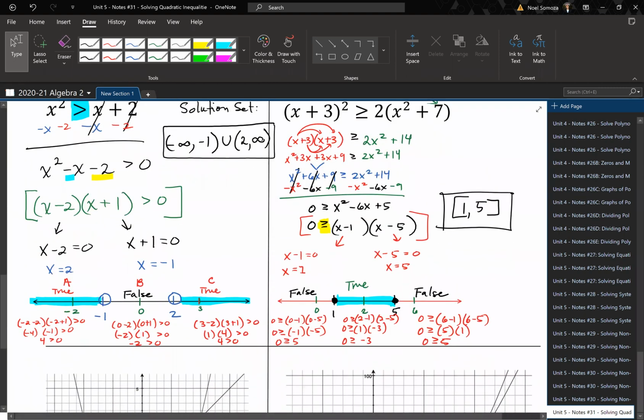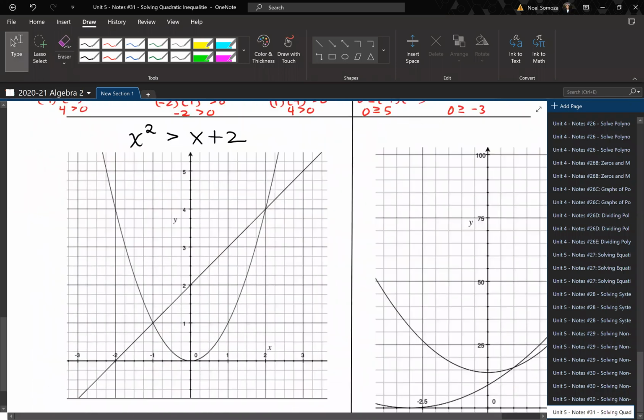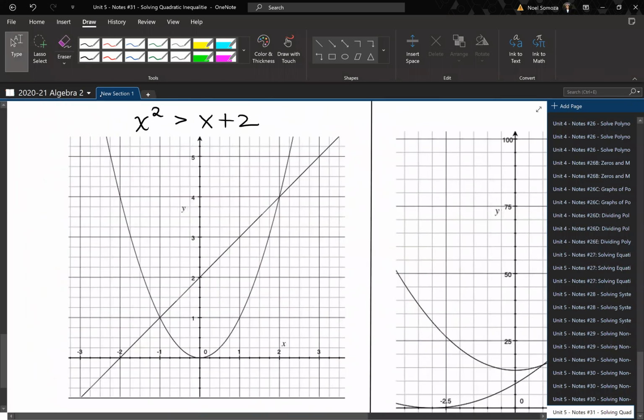So I'm going to go ahead and write down the expression down here again. It's the same one. It's just that these are the graphs. So we have x squared is greater than x plus 2. Okay. So taking a look at this,